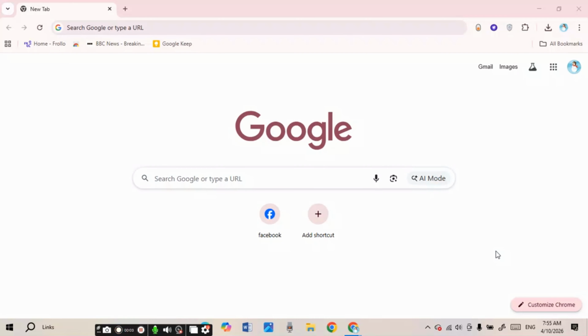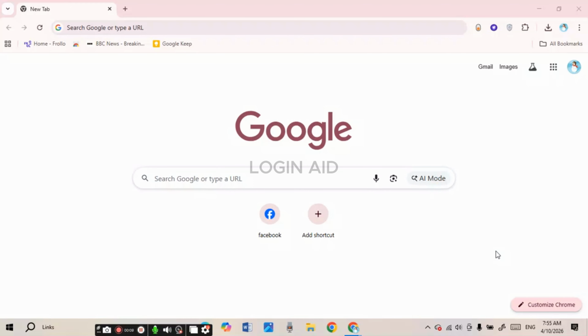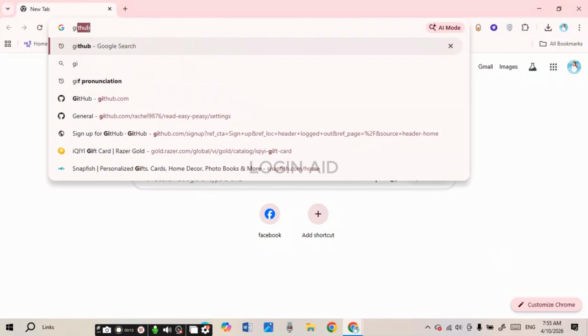In today's video, I'll teach you how to delete a repository on GitHub. First of all, launch any browser of your choice. You can see over here I've opened Google Chrome. Click on the search bar and type in